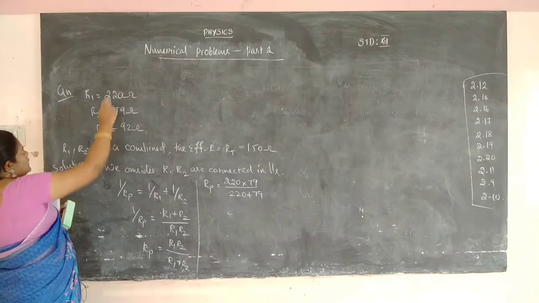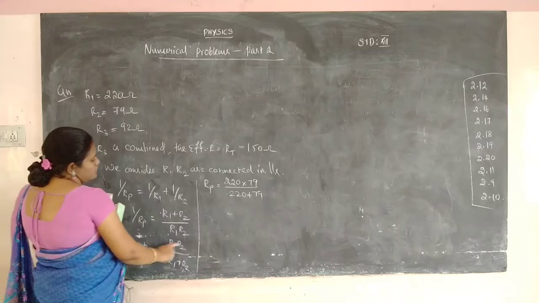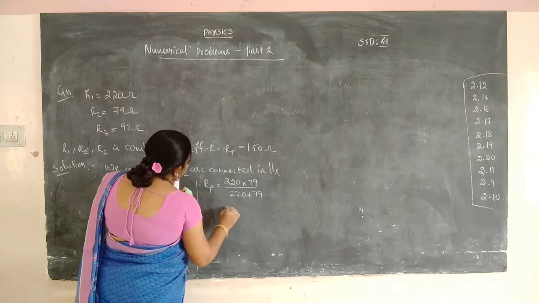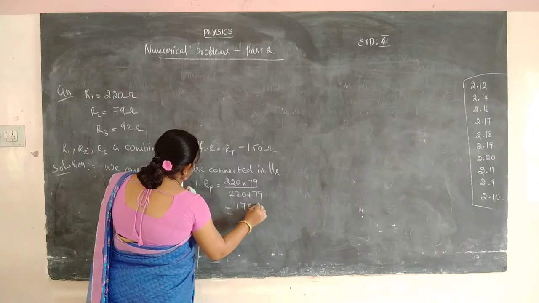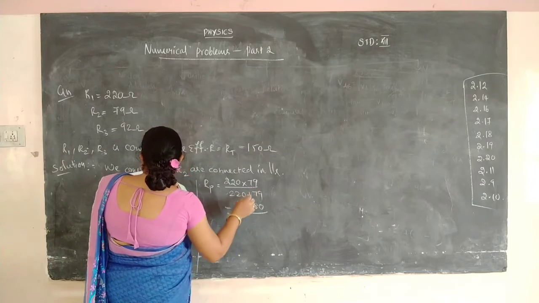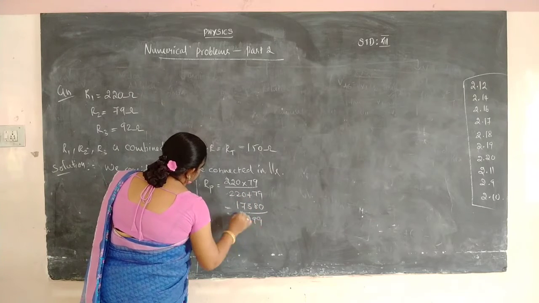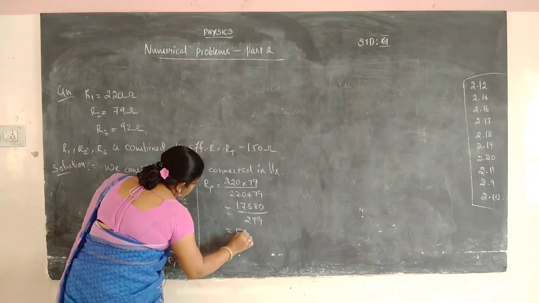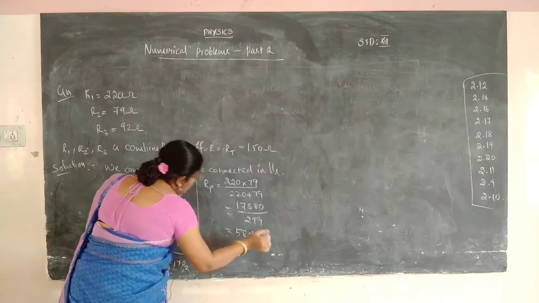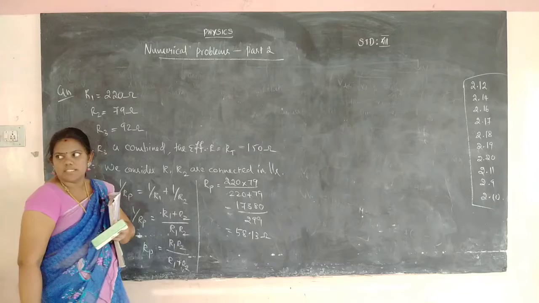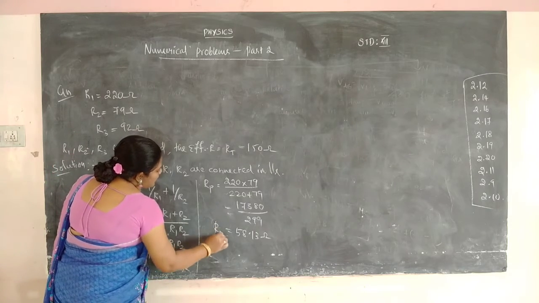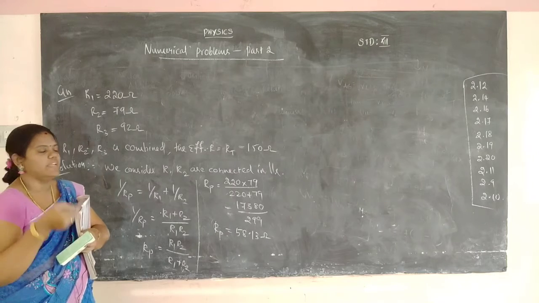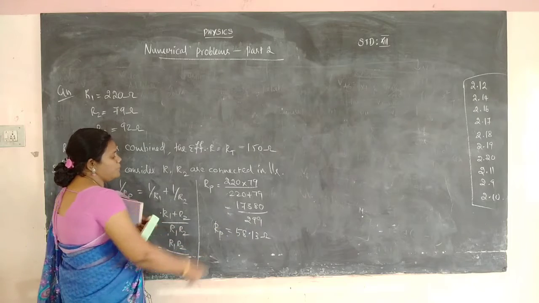Okay, இதை மல்டிப்ளை பண்ணி தென் ரெண்டையும் ஆட் பண்ணிருவோம். So 220 into 79 by 220 plus 79. 220 into 79 is 17,380, by 220 plus 79, that is 299. So we divide 17,380 by 299. The value is 58.13 ohm. Okay, 58.13 ohm is the parallel resistance. So considering the two resistors connected in parallel, we get the effective resistance RP equal to 58.13.